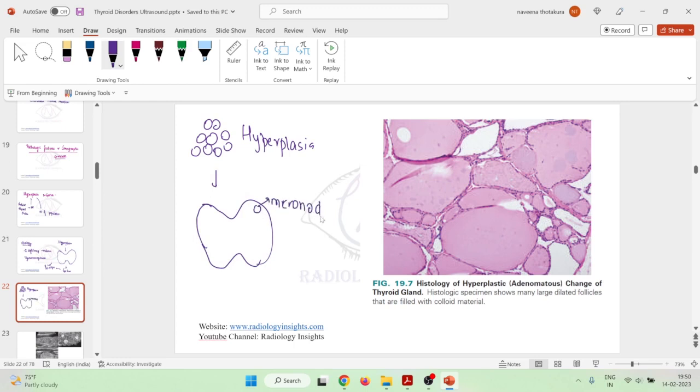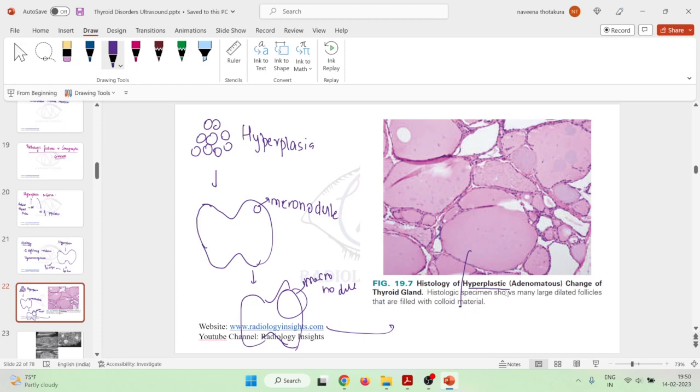This micronodule will also increase in size, and at the end it results in formation of a macronodule. Here you can see presence of hyperplastic nodules. Along with that, there is central